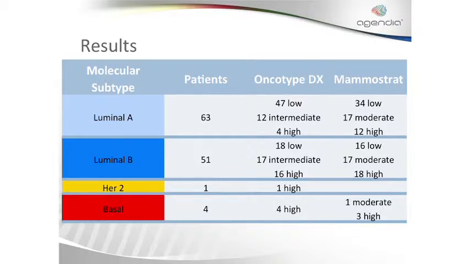When you get into luminal Bs, that's where it all kind of falls apart, because all the tests are showing the same low, high, and intermediate, and they're pretty evenly divided. And so that becomes a little more problematic. From my point of view, you've got to remember that Oncotype and MammaStrat were developed in the same set of patients. The tests were looked at in the